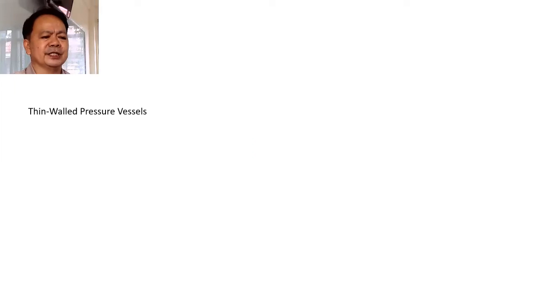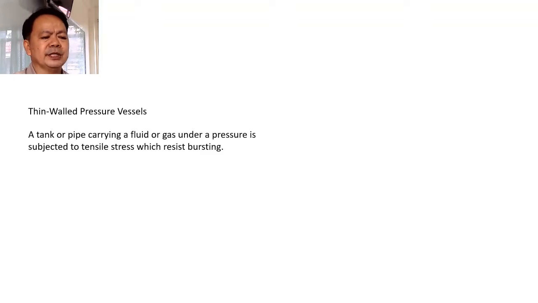Let's start with our discussion of what a thin-walled pressure vessel is. When we say a thin-walled pressure vessel, it is actually referring to a vessel that contains a pressure inside and whose thickness of the wall is very, very thin. And because of the thickness of the wall, it is subjected to stresses due to the bursting effect of the pressure